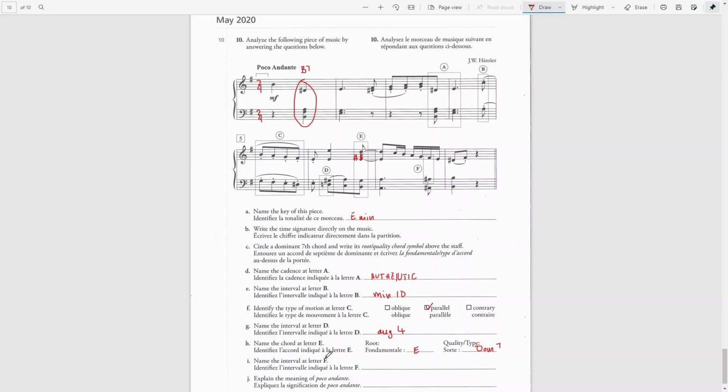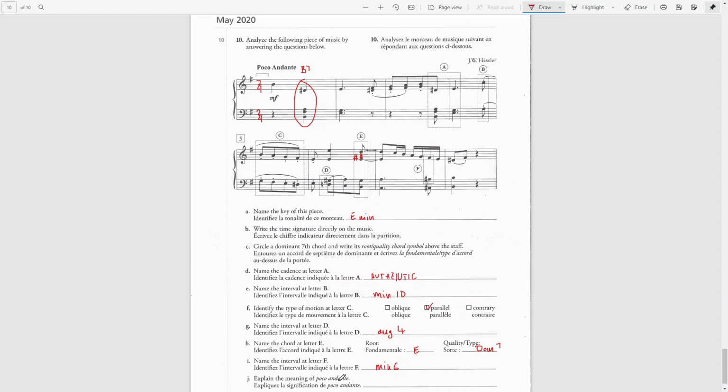Name the interval at letter F. We have an A sharp and we also have an F sharp. Don't forget the key signature. Since both notes have sharps, A sharp and F sharp, I can discard both of them and solve this interval as A natural and F natural, because the distance will be the same whether it's A sharp to F sharp or A natural to F natural. The interval from A natural to F natural is a minor 6th.